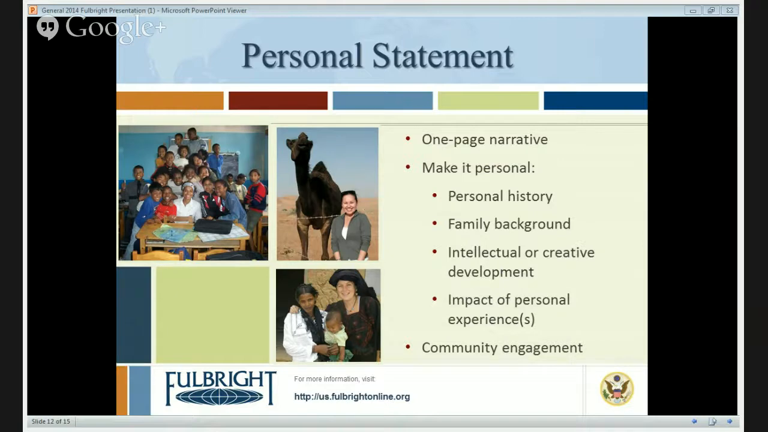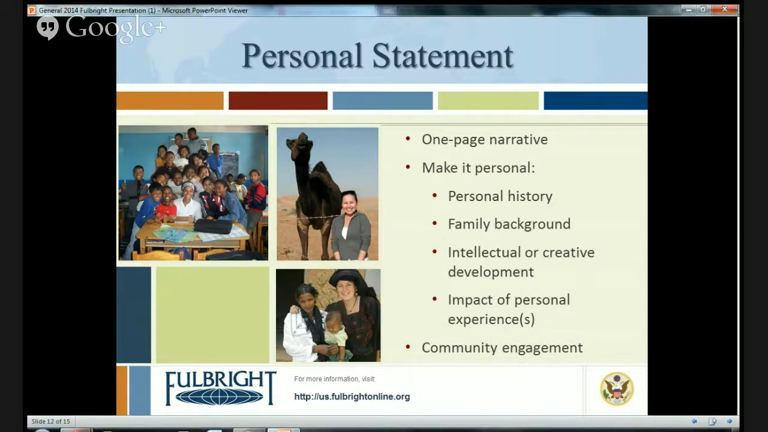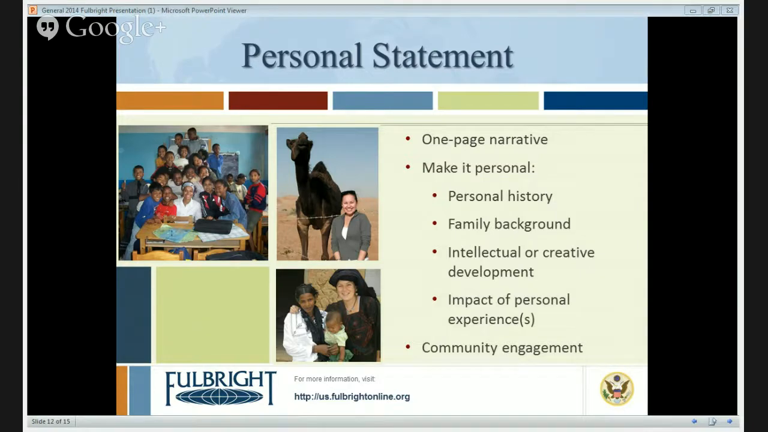I want to add an additional resource that we offer on the statement. We have binders with copies of successful proposals in our office that you're welcome